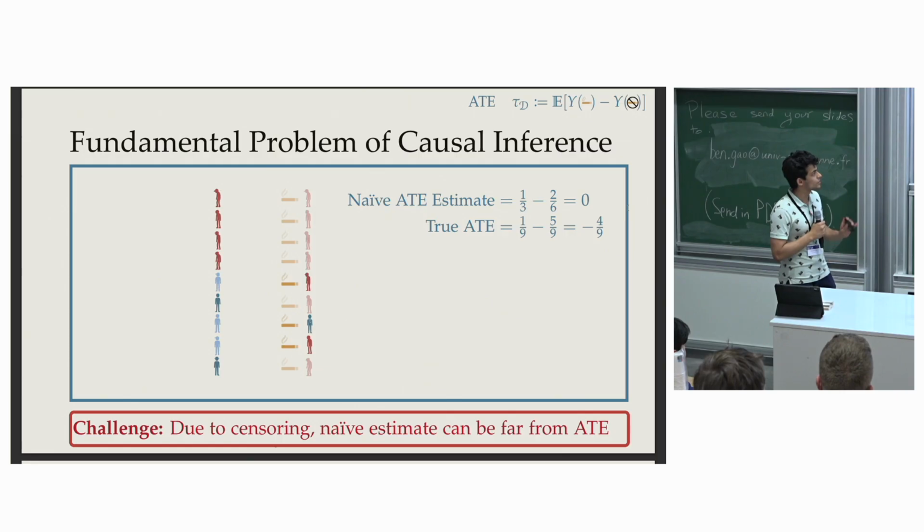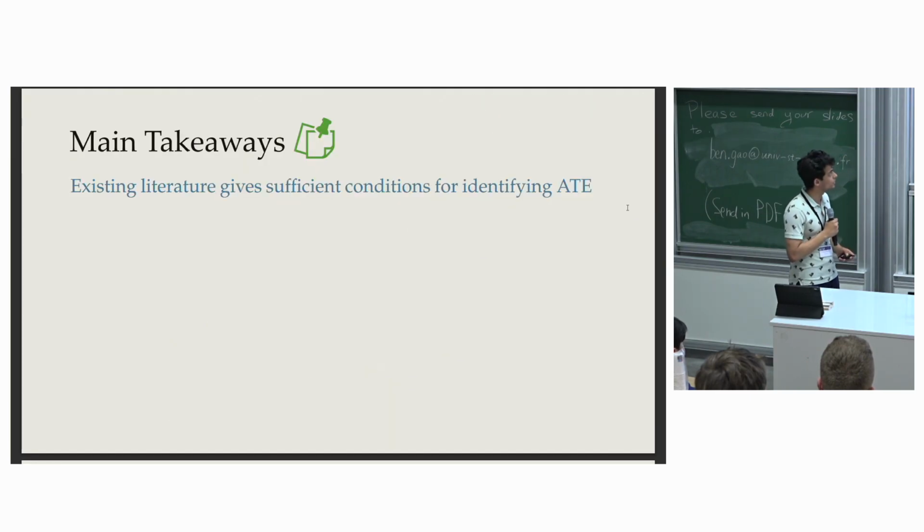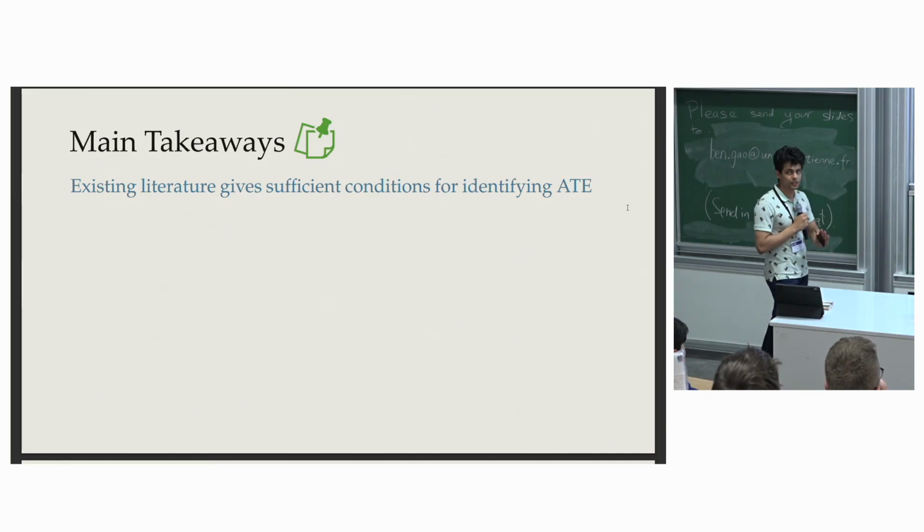Okay. So this is one crucial difference between estimating or identifying treatment effects and more classical learning theory problems like classification. Here, even if I give you infinitely many samples, I tell you the precise data distribution, you may not be able to identify the treatment effect unless you make some assumptions. Whereas in classification, if I specify the precise distribution of X and Y, you can always recover the optimal classifier. Okay. So because of this reason, many existing works give sufficient conditions that enable the identification of average treatment effect. And it's known that these assumptions are not